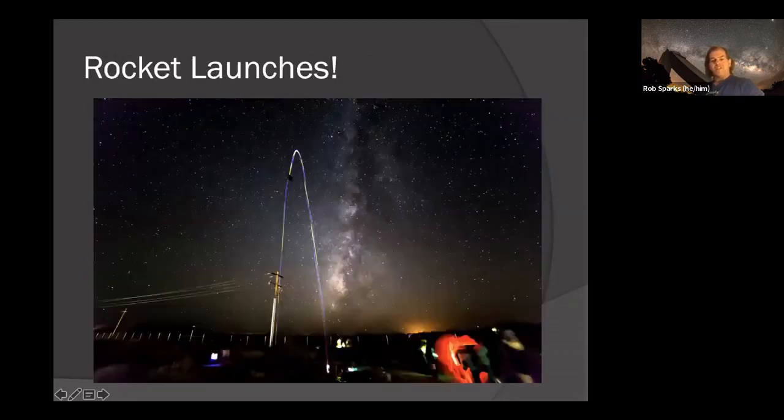And another rocket launch. This one they did yellow and purple on the rocket instead, so the different colored glow sticks. I believe it was the same night, so the Milky Way looks about in the same place.